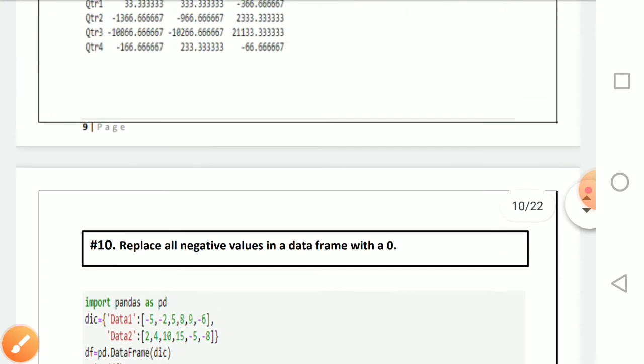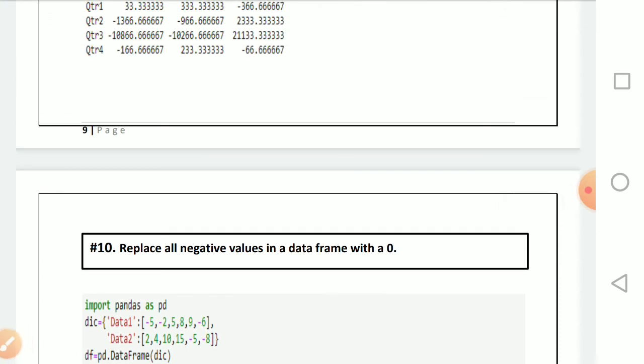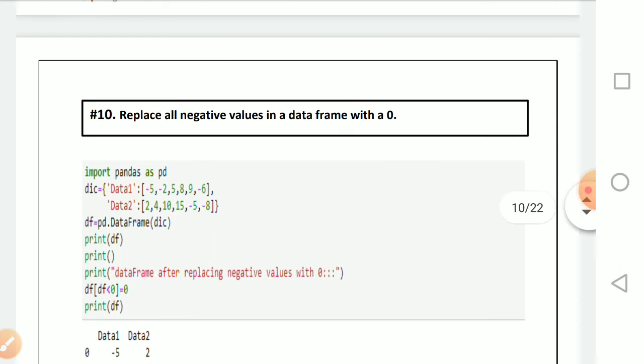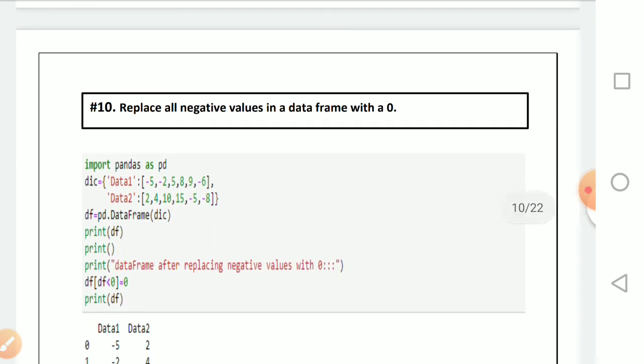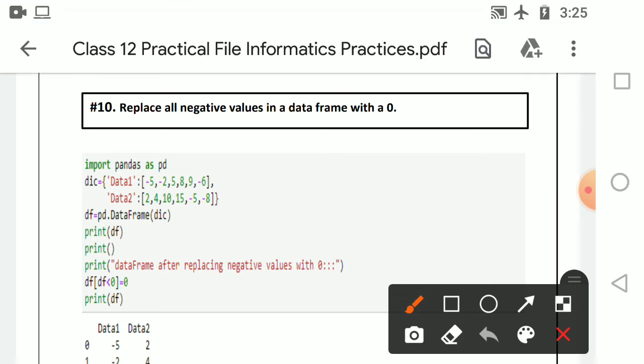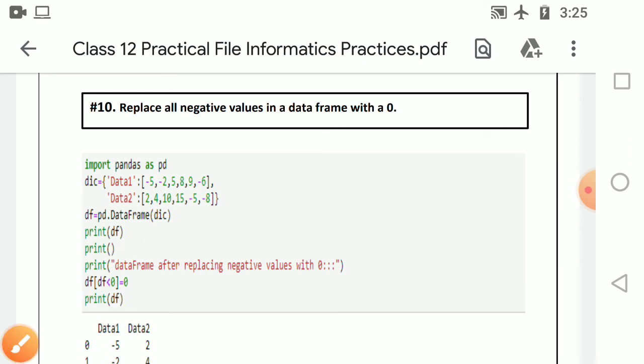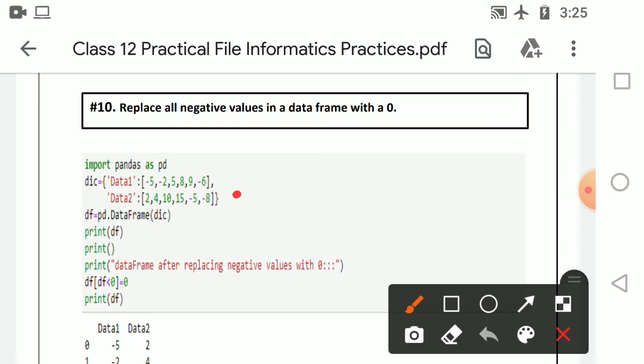Next question is to replace all the negative values in a data frame with 0. For this we create the data frame. You have to replace all the negative values. How do you find out the negative values? Just check whether it is less than 0. So if the value is less than 0, you replace it with 0.